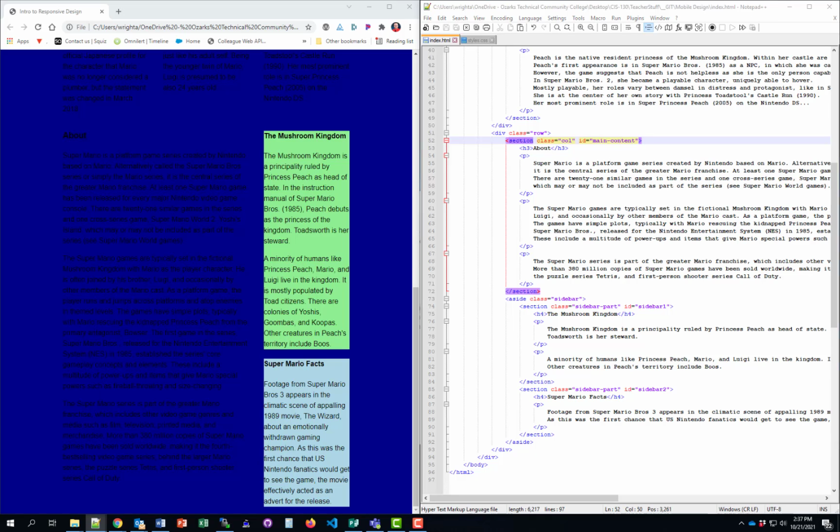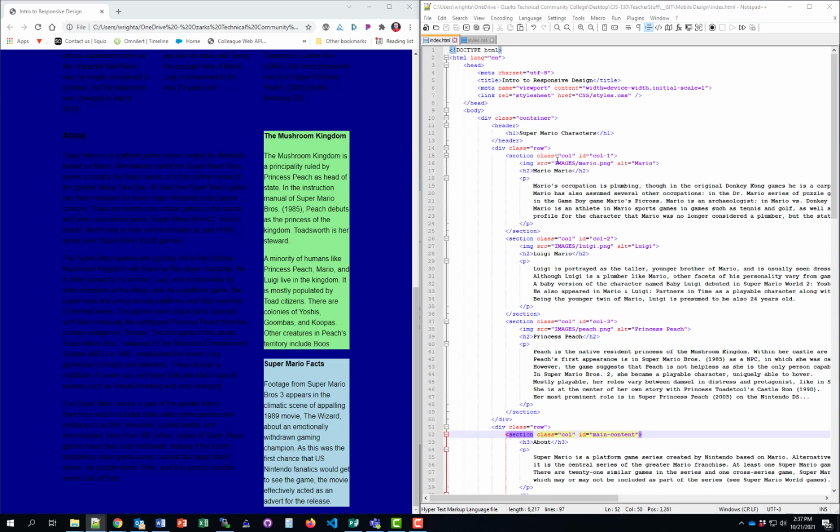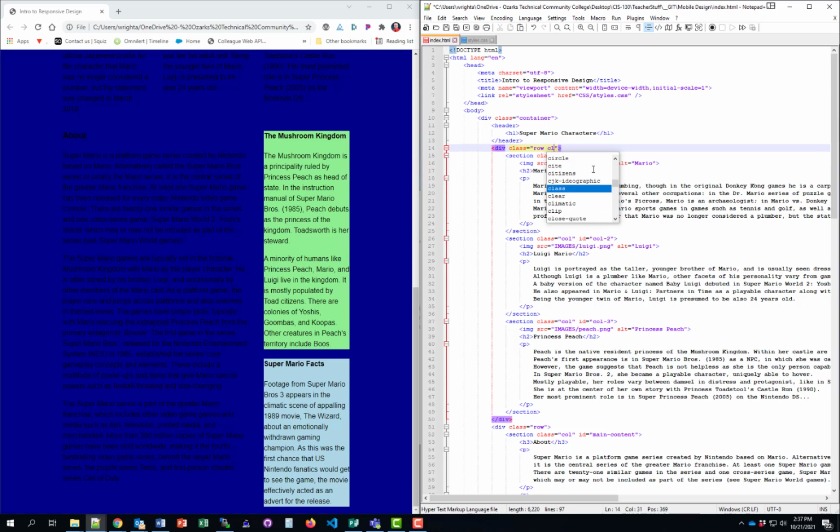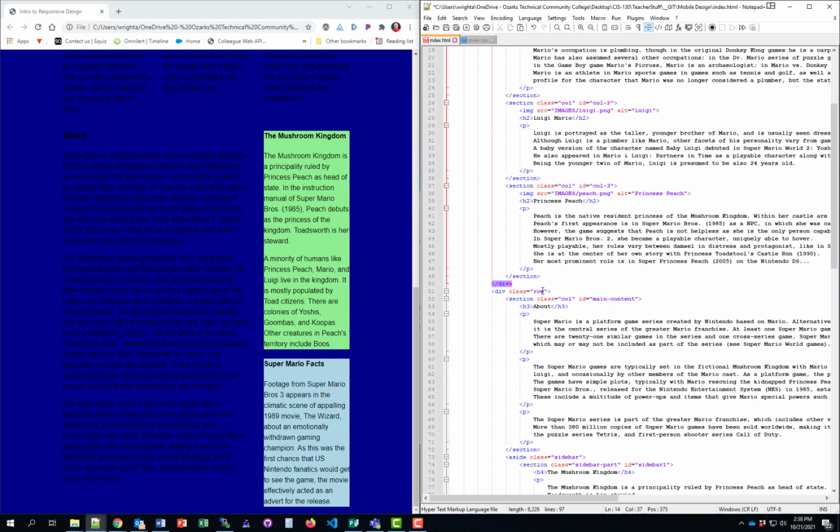So here in the HTML, we need to give that clearfix to our rows. So here, section, class, col, I can also give that a class of clearfix. No, not the column, the row. So clearfix, and then down here, this row